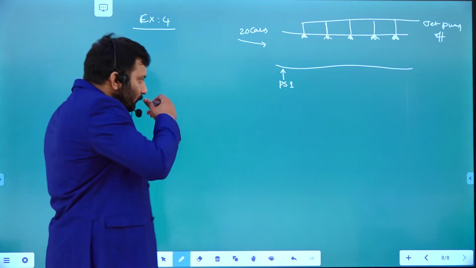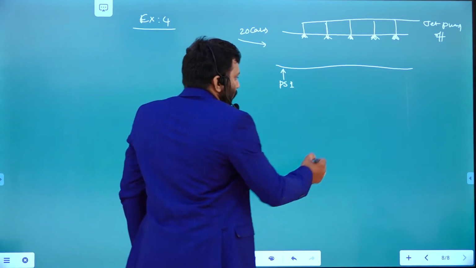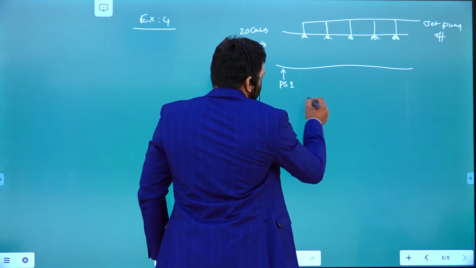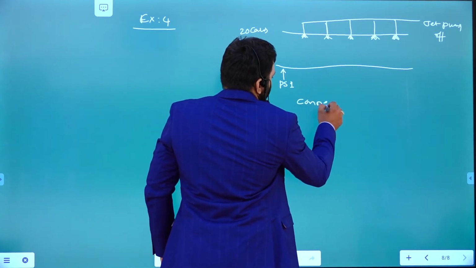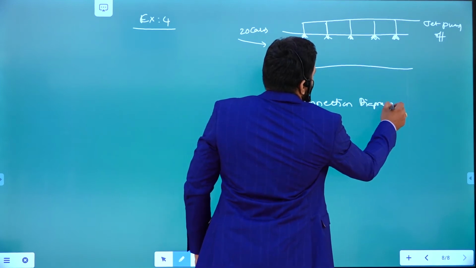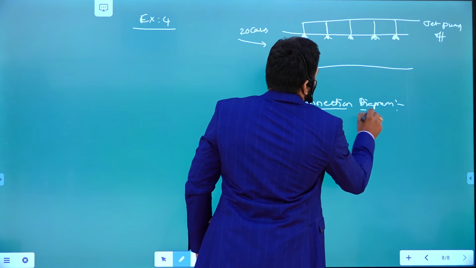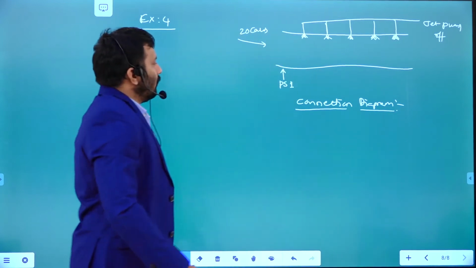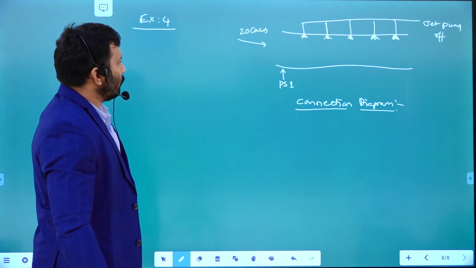Here is the connection diagram. These sensors and actuators need to be connected to the PLC module.